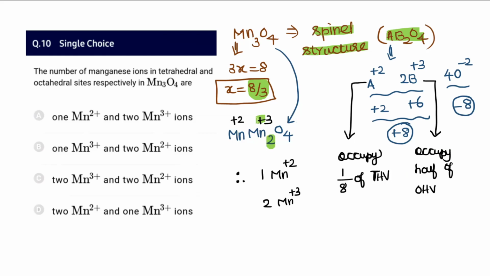You can understand why it is plus 8/3. There are two manganese with plus 3 oxidation state. So 2 into 3 is 6, plus 2. So the total oxidation state is 8, divided by the total number of manganese, which is 3 atoms. So 8/3. Now the point here is, what is spinel structure? So what we can say is, the A2+ is going to occupy 1/8 of the tetrahedral voids, and the B3+ is going to occupy 1/2 of the octahedral voids available. So the one which forms the lattice here is oxides. So the oxide ion forms a lattice.